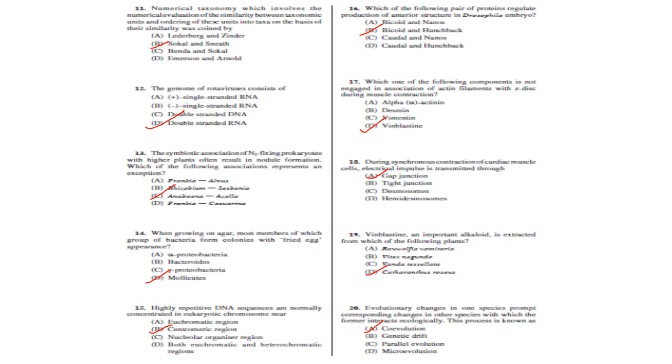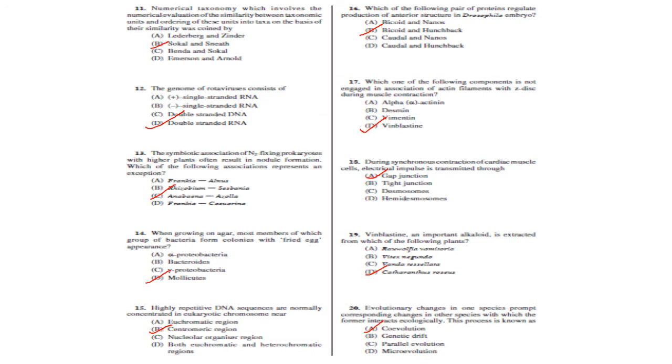Answer is option D. The next one: the symbiotic association of nitrogen-fixing prokaryotes with higher plants often results in nodule formation. Which of the following associations represents an exception? The answer here is Anabaena and Azolla. A sample of Azolla will have filaments of Anabaena living within ovoid cavities inside the leaves. All the other forms form nodules except the Anabaena Azolla